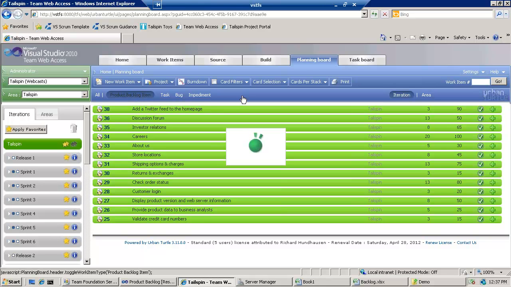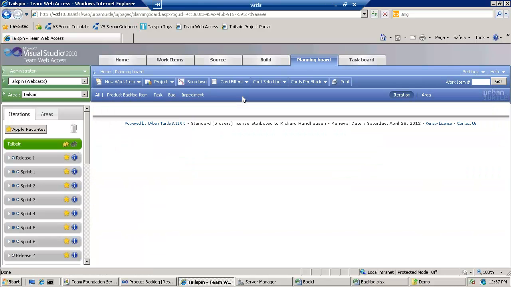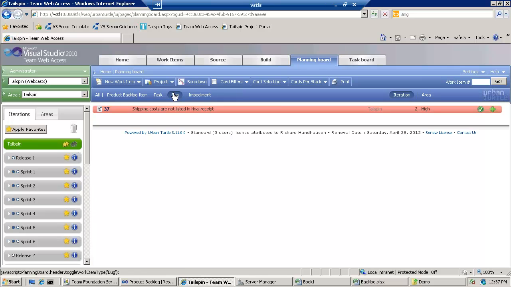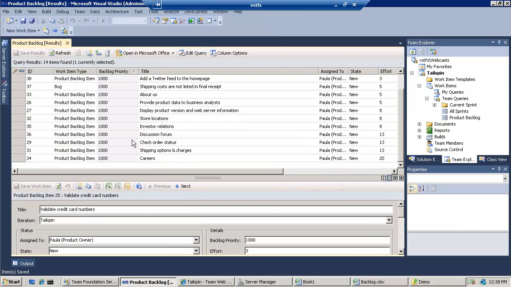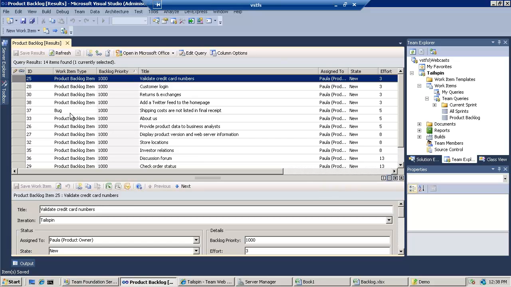Or you can say, I don't want to see anything in here, and awesome, we have no backlog because our software is perfect. Well, not exactly. We just have the filters turned on. If you want to just see the bugs, you can do that. I'm going to go ahead and show happy path and sad path things, which are my terms for product backlog items and bugs. So one thing you need to do right away, and I should have shown you this over here, is whenever you put something into the product backlog, it's